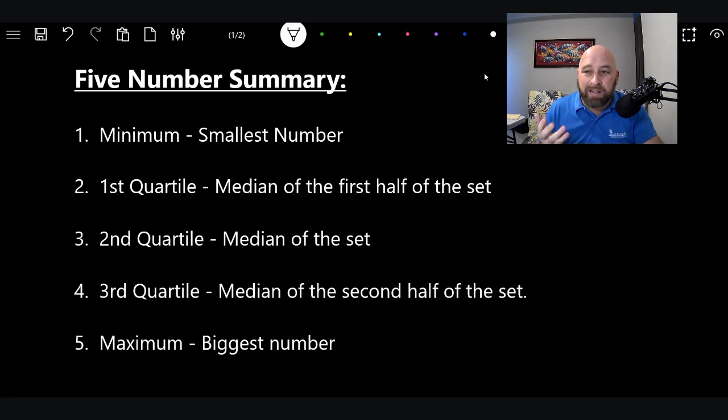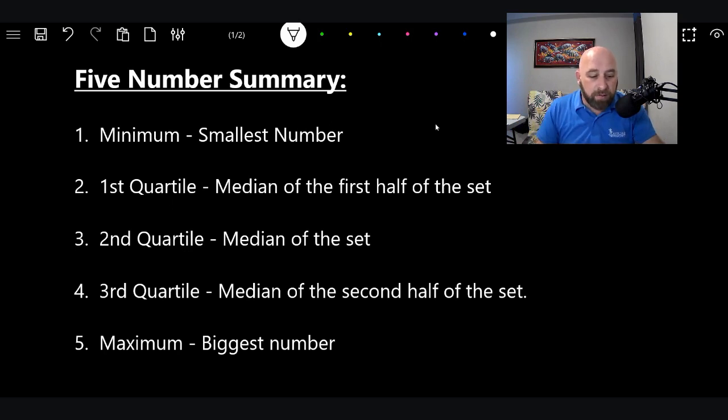It's like in English, when you read this big long book and your teacher asks you to give a summary. You're just hitting the key points, the main ideas of the story. You can't retell the story. The summary is not the same length as the book. The summary is much, much shorter than the book. Same thing here. We're going to take all the numbers and we're going to summarize them down into 5 simple,